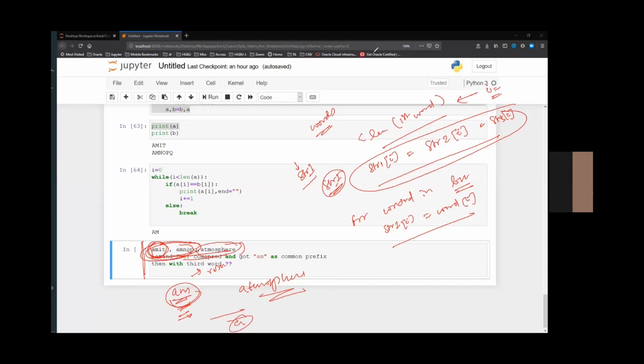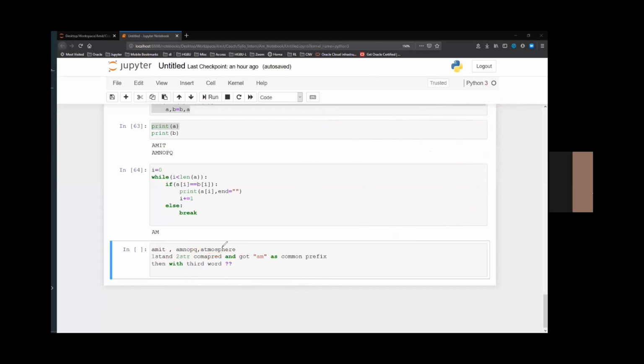Let me again explain what approach Lily is suggesting: AMIT and AMNOPQ. I will compare these two strings first. My result will be AM. Now this will be my result, and the next string I will come to. I'm not going to compare these two. The next string will be atmosphere, and I will compare these two.